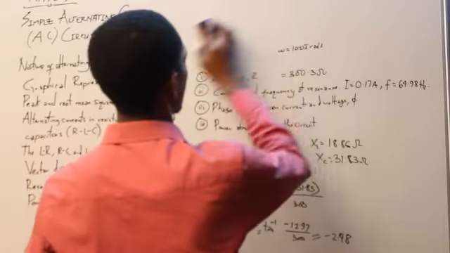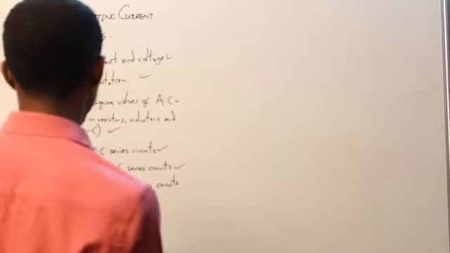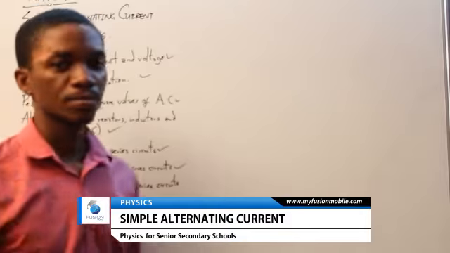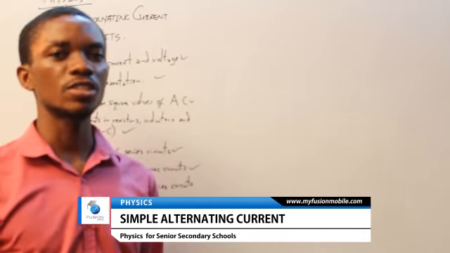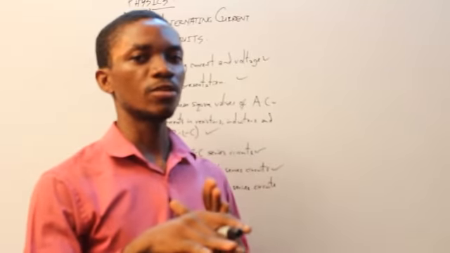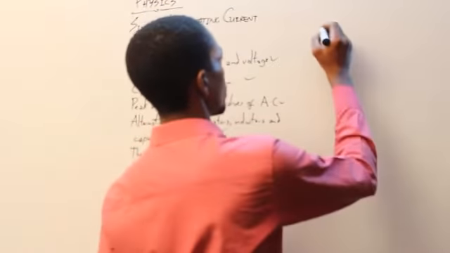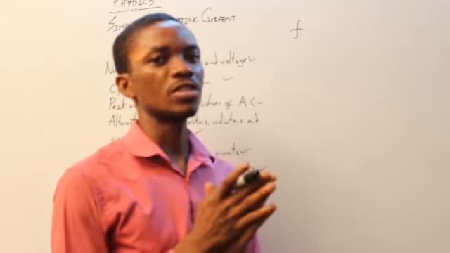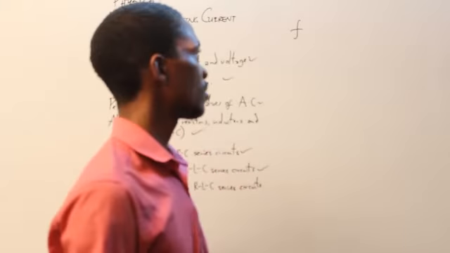Let's talk about resonance and powers in resistance, inductance, and capacitance circuits. Basically, what is resonance? The resonance point is the point at which the current and the voltage start moving on the same plane once again. Resonance talks more about frequency. So at what frequency will the effect of the inductance and that of the capacitance not be felt? To calculate this frequency,